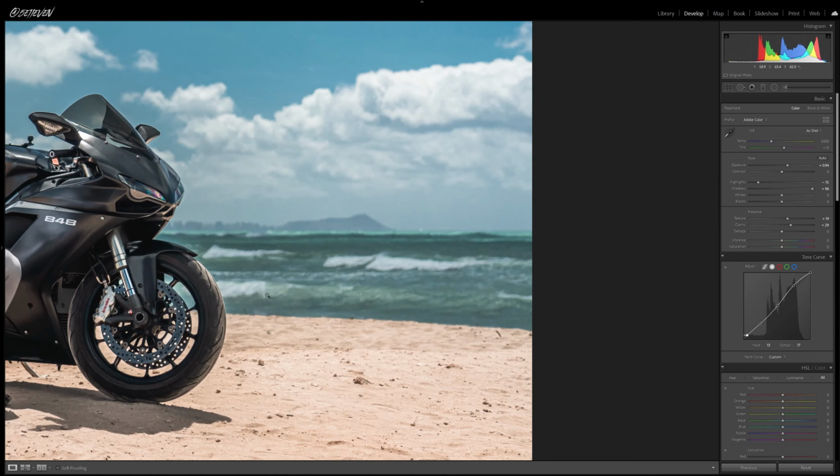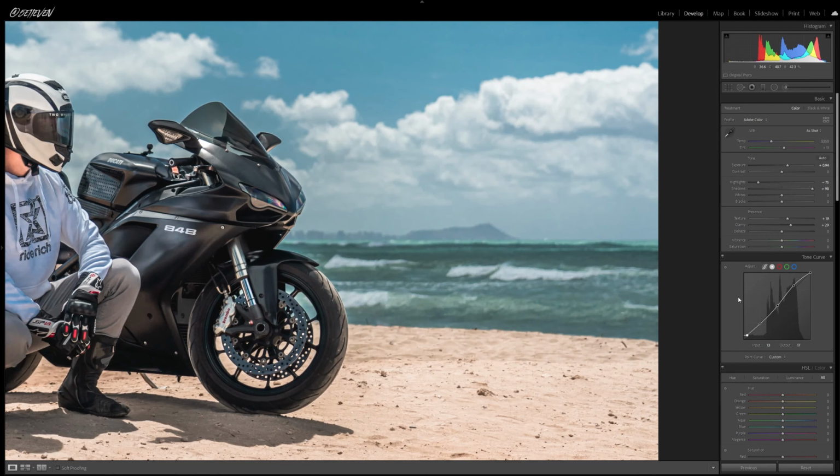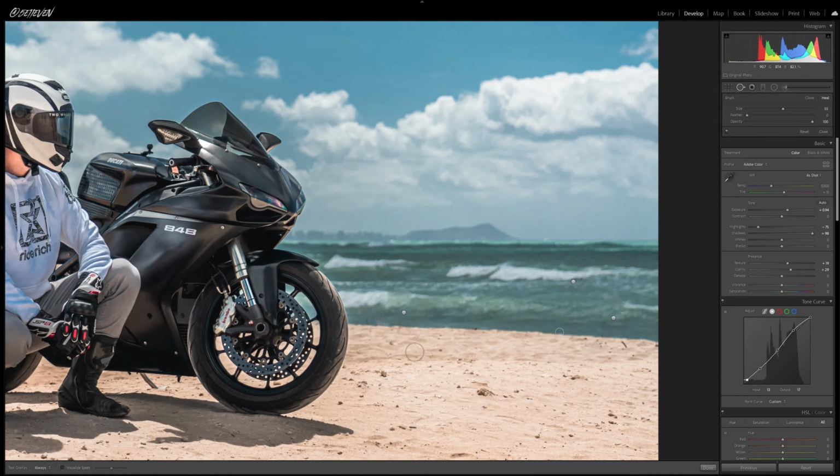See, the wave here is kind of messing up now, so I might have to do this again. Let me hit delete. Let me try again. Bit difficult, but